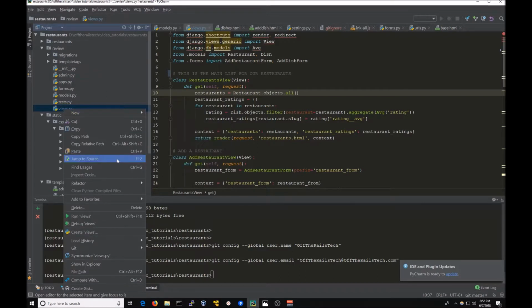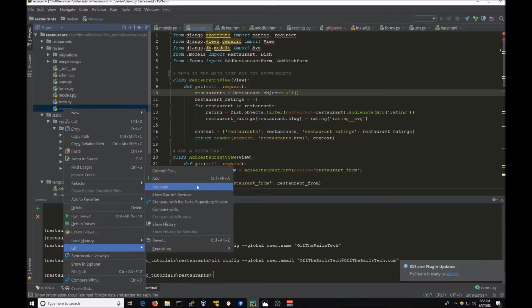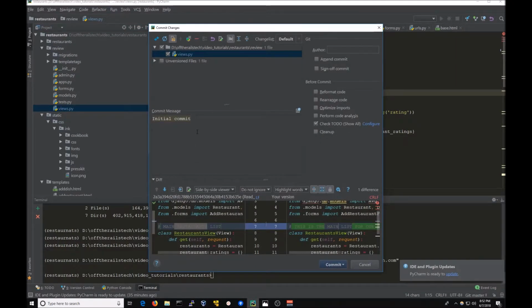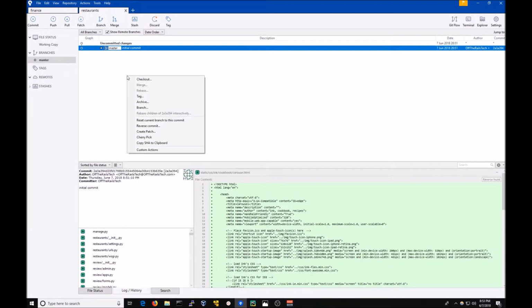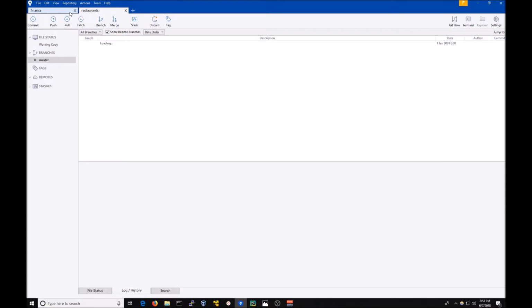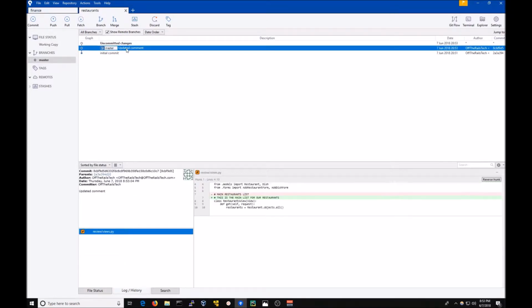So we're going to go ahead and go to Git. We'll commit file. We're going to say updated comment. We'll just hit commit. And now this file is no longer blue, so we know that this has been added to our repository and committed. If I go to view, refresh, you'll now see up here we have, it says updated comment, and over here